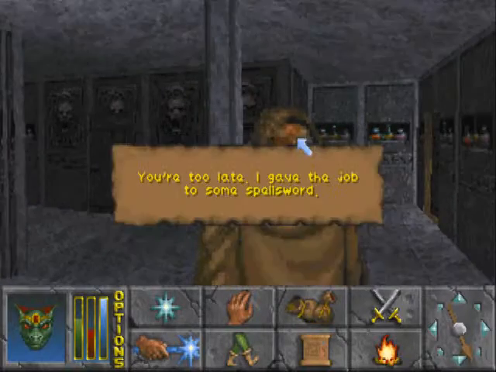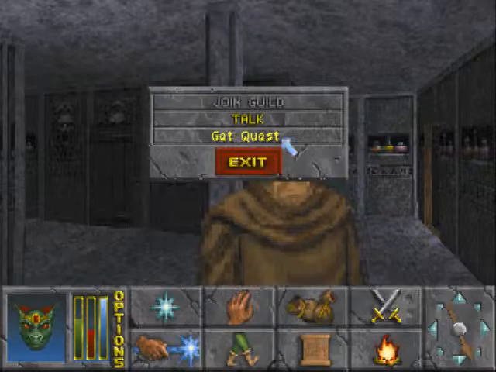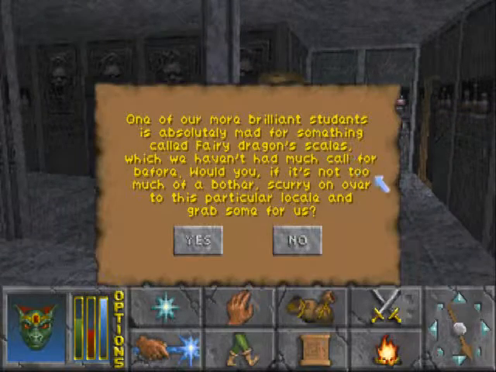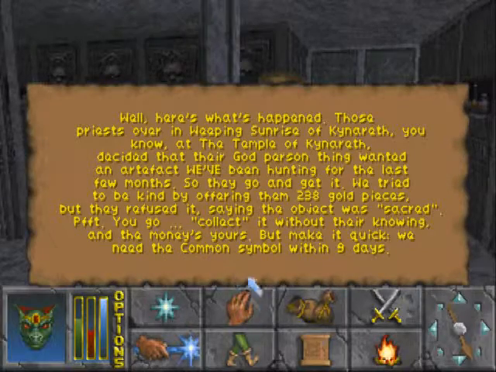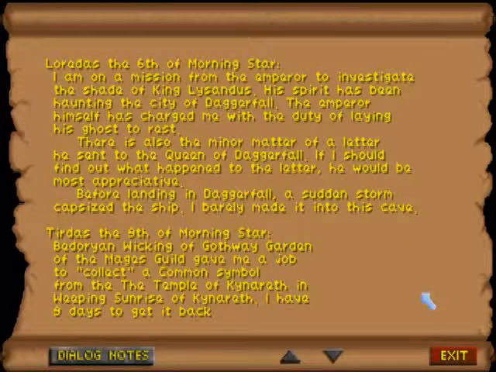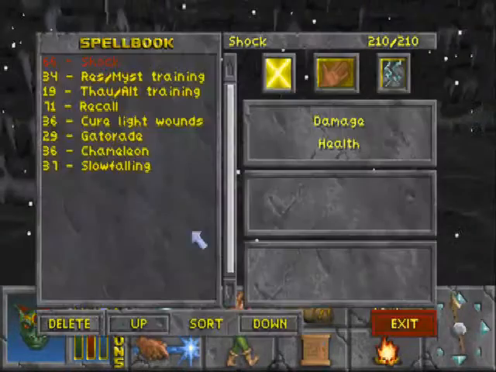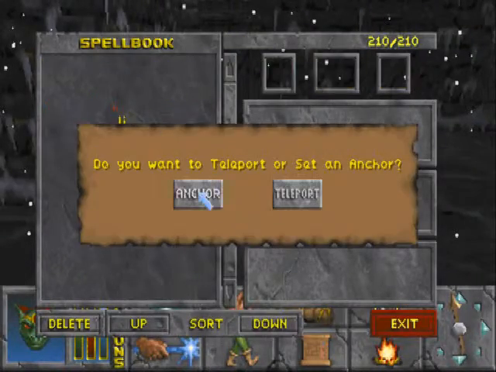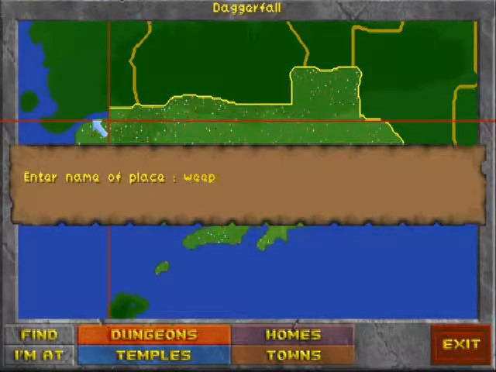Temple of Kinnereth, no. Mad Wizard, that's a dungeon quest. Dungeon quest. Sure, whatever. I'll get on the darker side of Kinnereth. Where is it? So I have to go to the Temple of Kinnereth and the Weeping Sunrise of Kinnereth. No, I think I already had an anchor here and I didn't use it the last time, so...